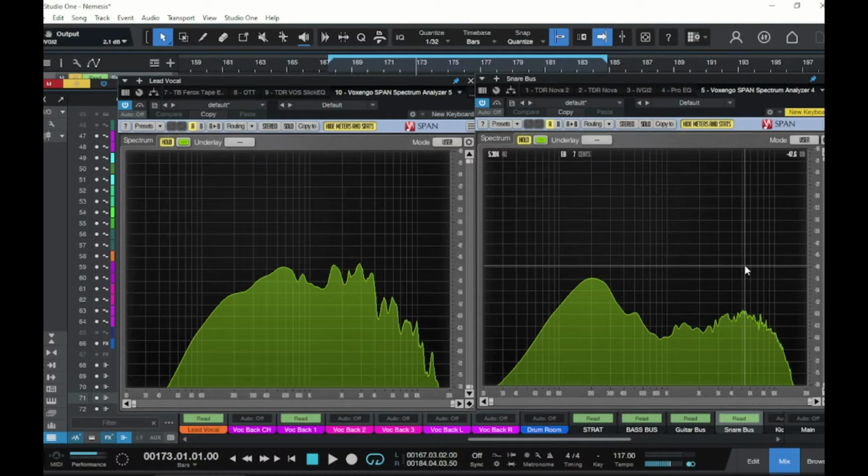The 5K range is more like the sibilant range, 5, 6, 7 right in here. This is where we can get a lot of harshness and sibilance from a vocal. This is where the de-esser is typically operating, and this is a good place for a snare to shine through, but it can be harsh on a snare drum as well, so it should be compressed pretty heavily to keep it from getting harsh. So that's just a basic overview of where these two things are living in the spectrum